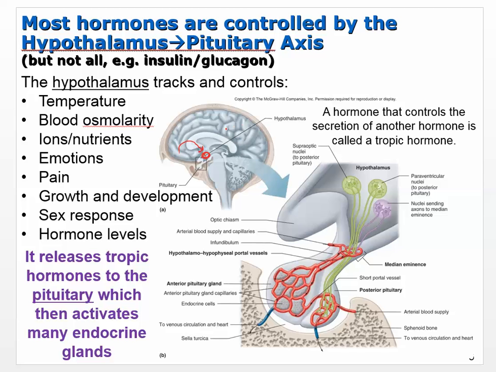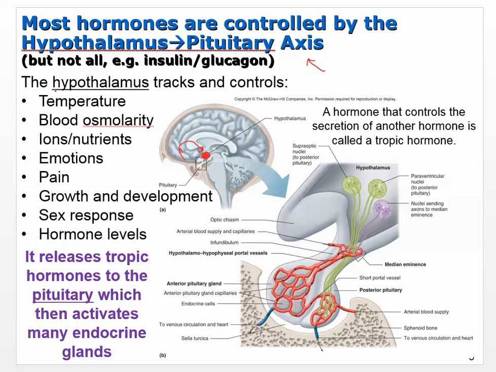So whether it's a signal from the periphery, or it's something that you came up with out of your own mind, you will move through the hypothalamus, and then the hypothalamus communicates with the pituitary. That's by no means the way all hormones work, but many of them do. A lot of the control you have over some of the cell functions in your body actually goes through this axis: the hypothalamus, pituitary, and then whatever endocrine gland you're trying to control.